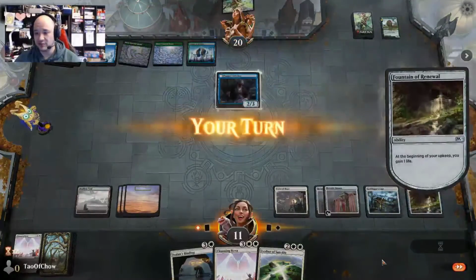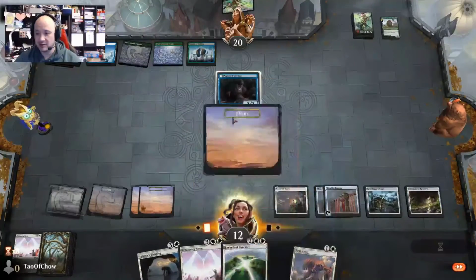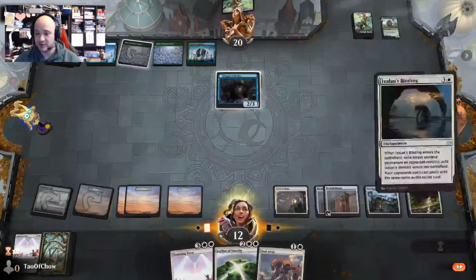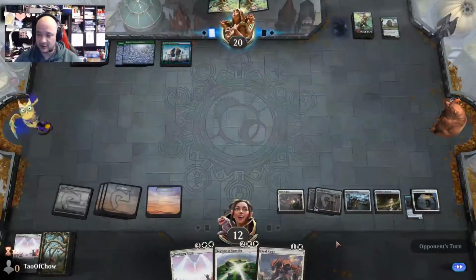Poppet Stitcher, okay. Yeah, auto pay, we can pay that. Get an extra card. Now Poppet Stitcher's got a weird ability. So we're just going to go Ixalan's Binding and get rid of that guy. That guy can be a huge pain in our ass, so...